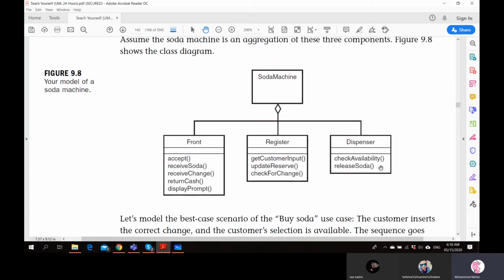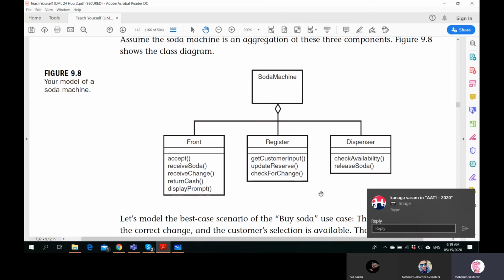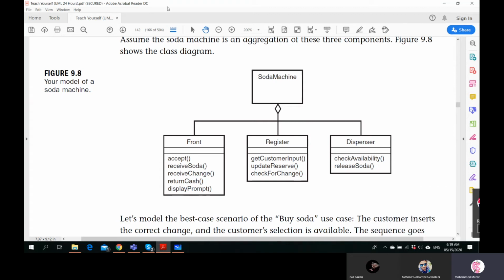So simply you draw a class diagram. First of all, you might have already done this when you were doing the class diagram as part of the order you did from the requirements description. You might have drawn this. Once you have this class diagram, it will be easy to start drawing the sequence diagram. So without a class diagram, keep in mind, it is going to be very difficult to draw a sequence diagram, right? So keep that as an important point.